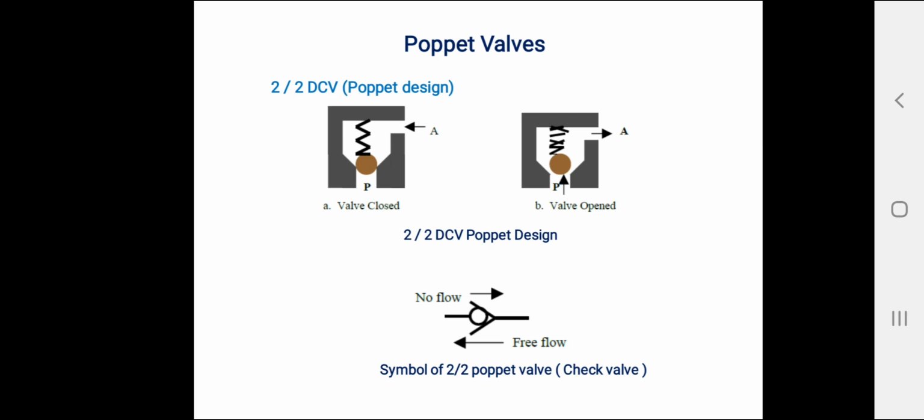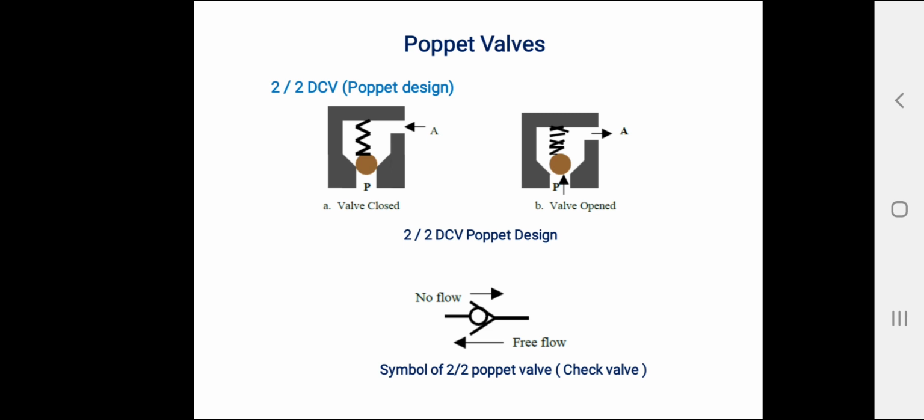But there are some disadvantages. The disadvantages of poppet valves are large pressure losses due to the short strokes, and pressure collapse during the switching phase due to the negative overlap, so connection of pump, actuator and tank at the same time. You can see the design, a two-way DC direction control valve. It is a poppet design.